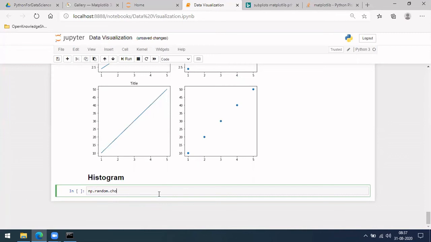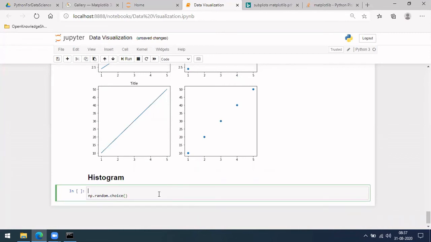Let me do choice. I'll show it. Let me first generate a equal to np.arange 0 to 100, one at a time. Okay, so choice, and I need 100 values.